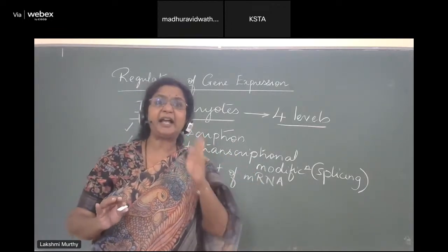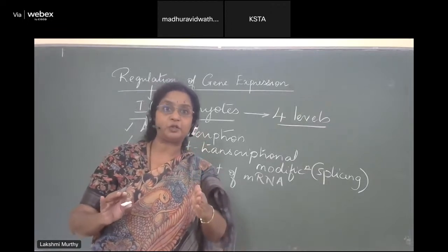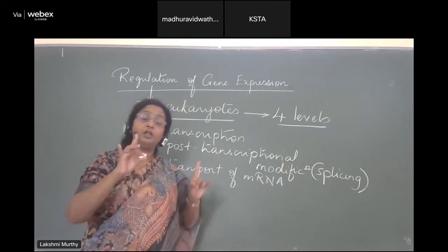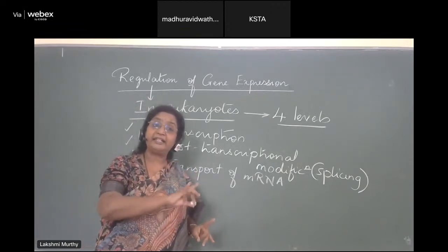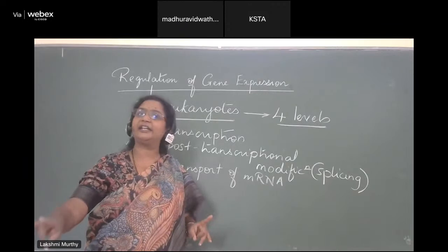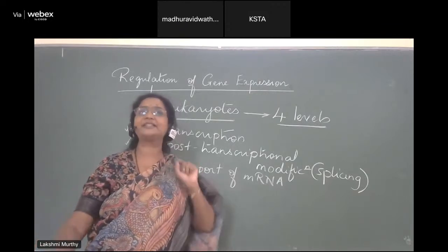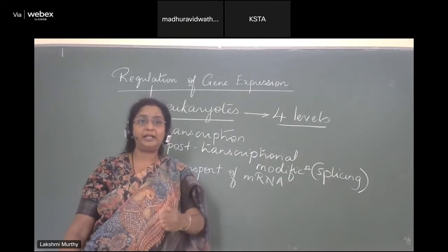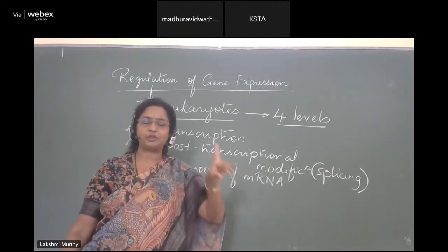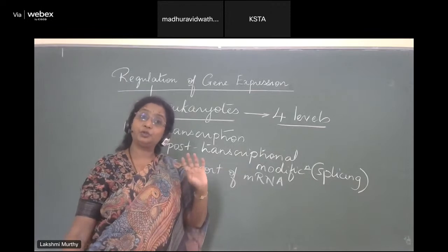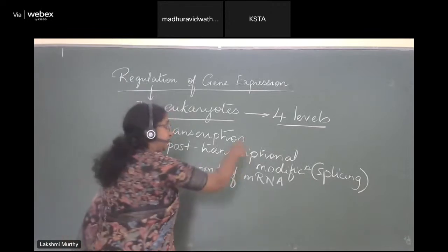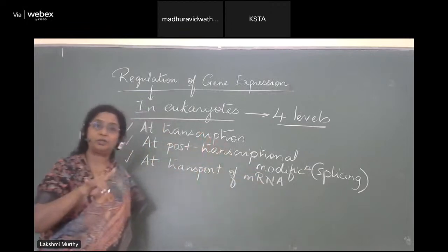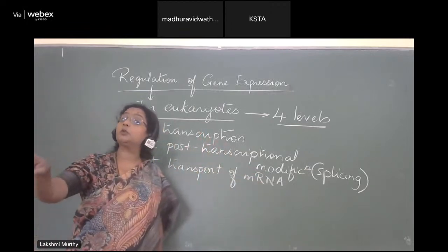But still I can control it. How do I control it? I will make sure to see that the mRNA is not transported to the cytoplasm for translation. Okay, so even at this level, I can control the production of hemoglobin and make sure that I don't make hemoglobin. So some cells will see that they are unable to control at this level, but they can definitely control that the recipe does not go ahead.